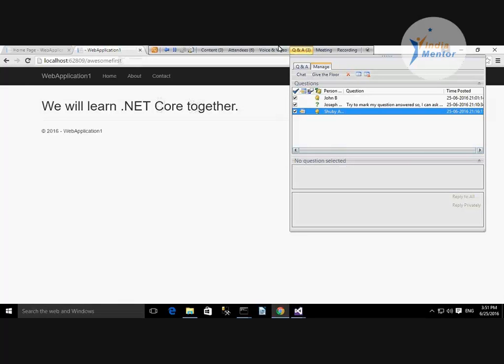I think that is all for today's session. It was a very basic introductory session about how .NET Core is now available for various operating systems, and you can very well now target different platforms with your MVC applications, so that power is available to you.